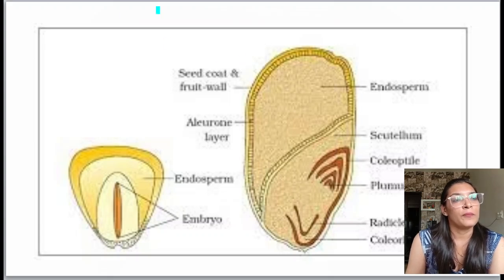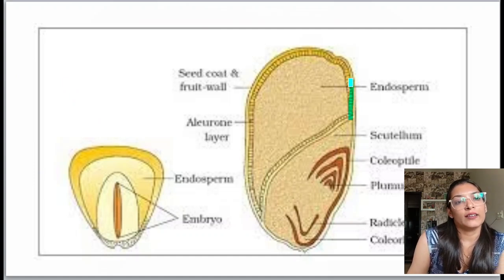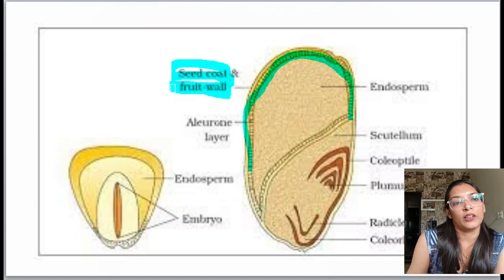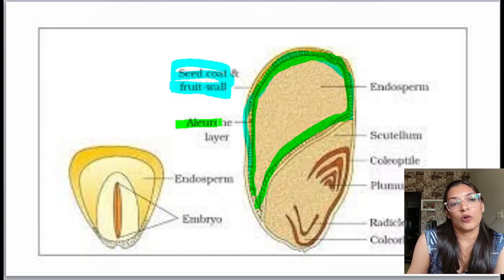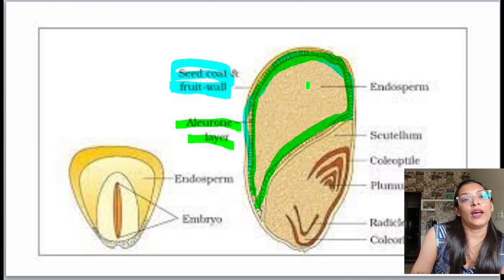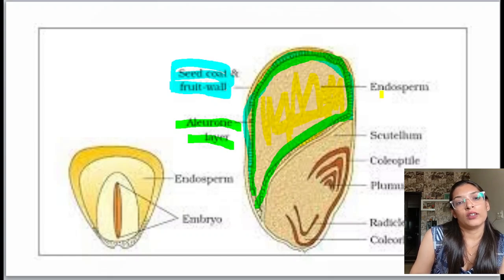Next we move to the monocot seed. Earlier we discussed dicot. In the case of monocot, can you see that this layer is there? The outermost layer is the seed coat and fruit wall. They are fused, they are not separated. All right, and inner to the seed wall and fruit wall, one block-like layer is present. I am changing the color, let me make it green. This block-like, column-like layer is rich in protein and is called the aleurone layer. All right, and the entire structure inside it is filled with endosperm, the food for the baby plant.